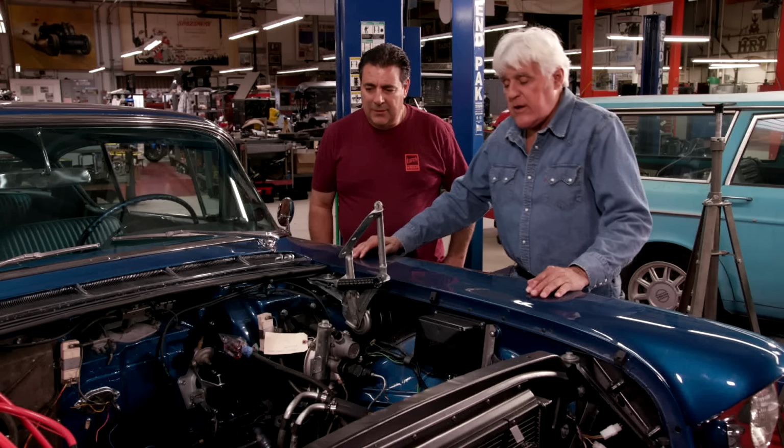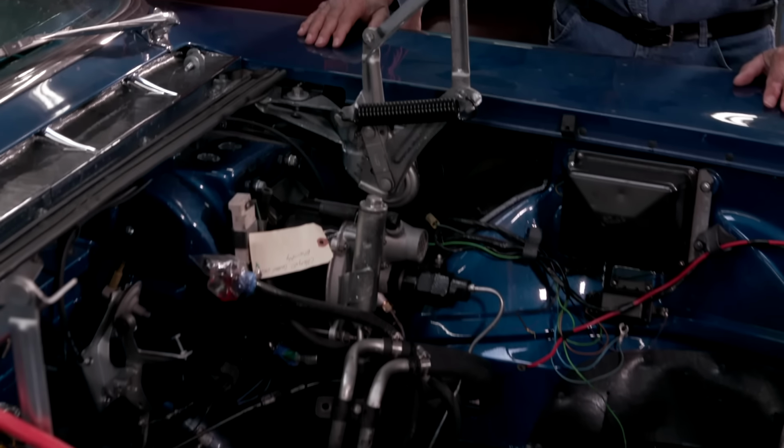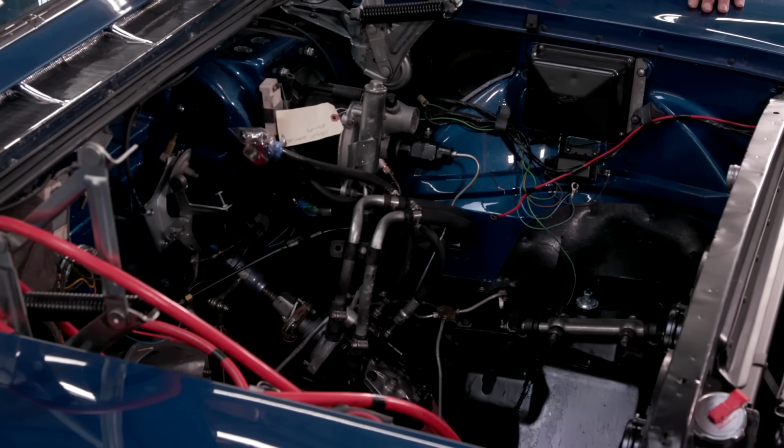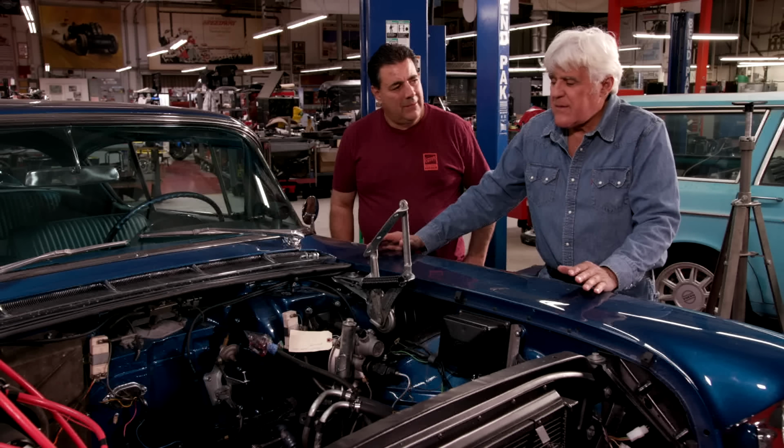The body turned out great. The interior turned out great. This is an engine that, when it was new in '57, was problematic. They had overheating problems and a few other things as well. We got it in here. First thing,